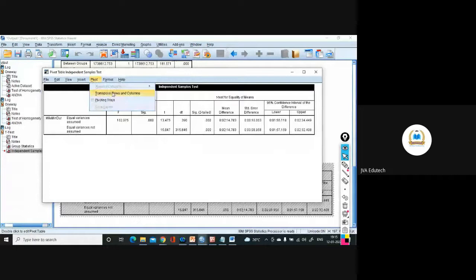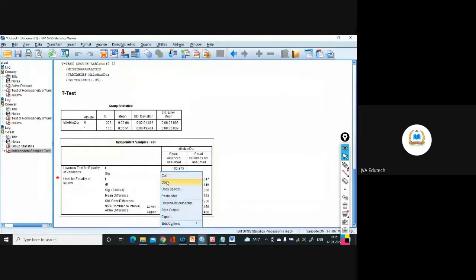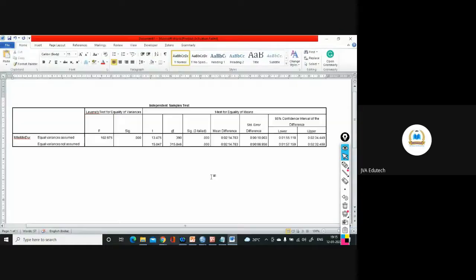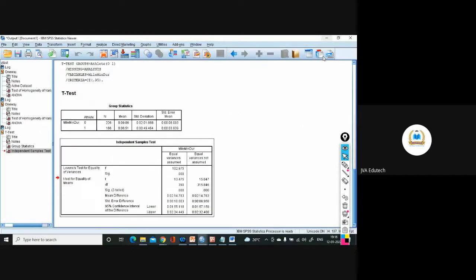Go to pivot, transpose rows and columns, close. Now if I have to change this again, I'll do the same. Simply copy it, paste it in MS Word. This will come to the page. And from here you can report the results. Is this clear? Yes, sir. Fine.